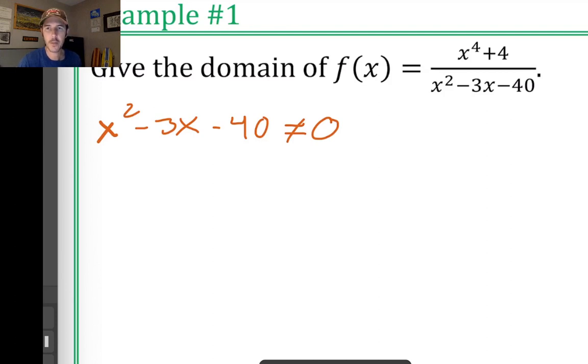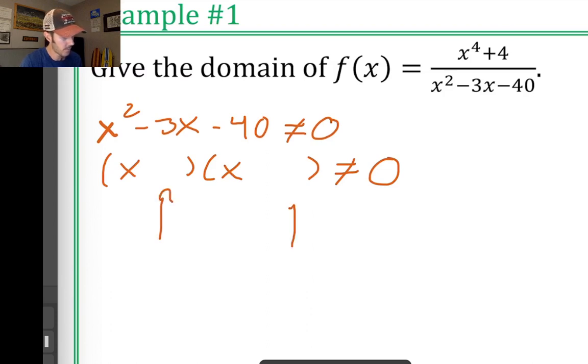And what x values are going to make this happen? You could solve this equation a few different ways. You could plug it into the quadratic formula if you wanted to. Faster, though, would be to see if maybe we can factor it. And in order to factor this, our hope is that we can rewrite it as a couple of binomials being multiplied together and having it still not equal 0. So we need a number here and a number here that multiply to negative 40